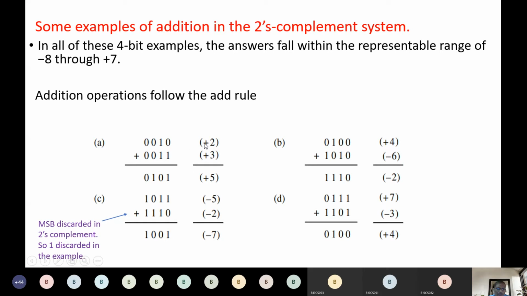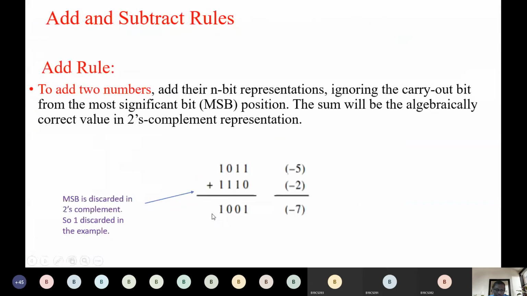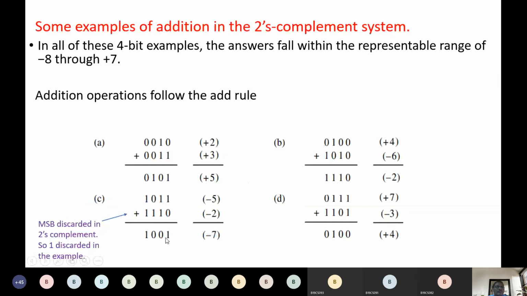Okay, so this is addition, +2 and +3 we are trying to add. Here also it is the same, here also we are adding. Actually here we got overflow, an extra bit came. When we add 1 and 1, actually another 1 comes here, 111. This is the example we saw earlier, -5 -2. The same example is here. Here we get an extra bit, and we discarded it. We are left with all the 4 bits and so the result is -1.